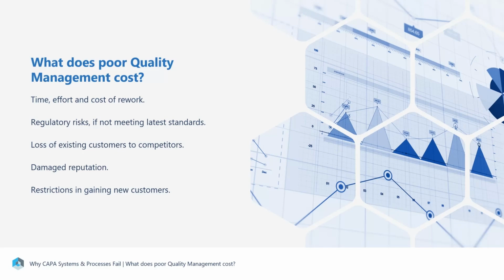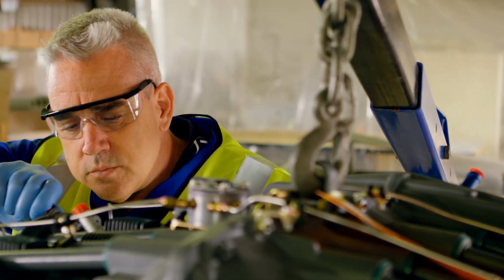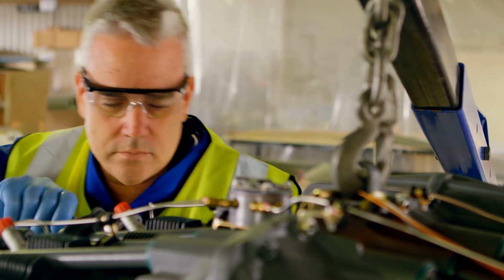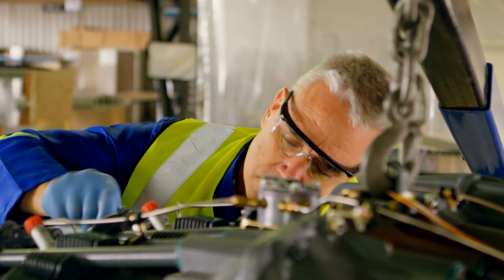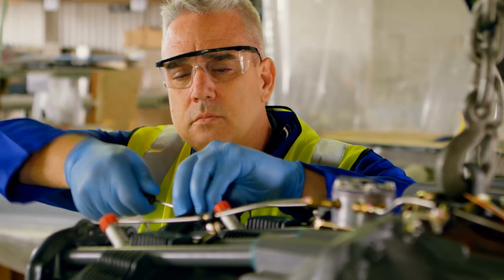Lots of organizations will have lots of different legislations and regulations that they have to work towards. We can specifically imagine people that are building things for the aircraft industry, for example. So if there's any issues with what they're building, they might not meet those regulatory standards. This again could lead to poor reputation and might lead to a loss of contract with one of the big organizations that are purchasing these products that are being made.